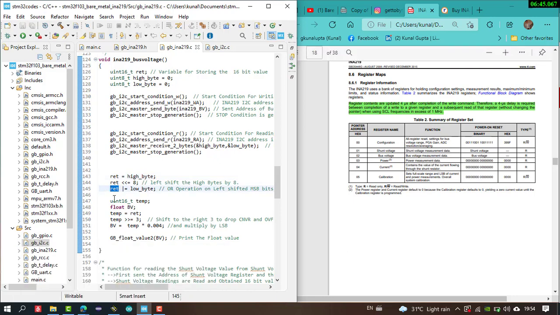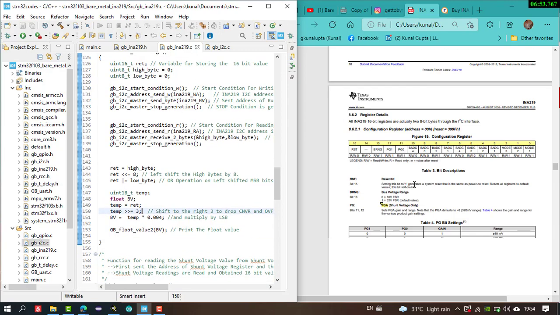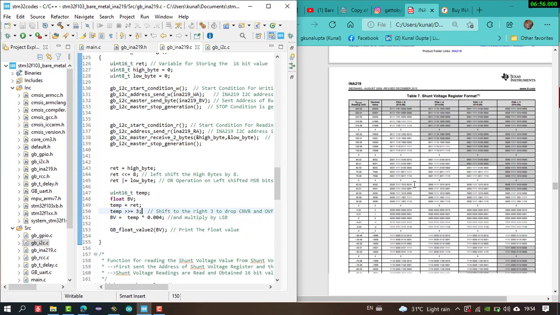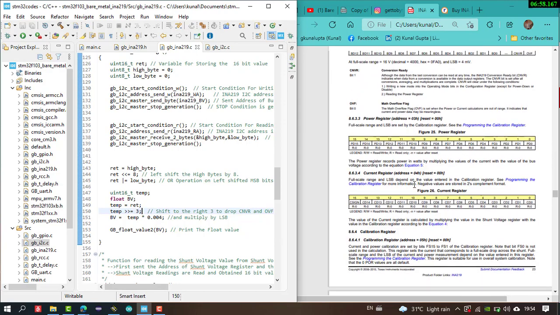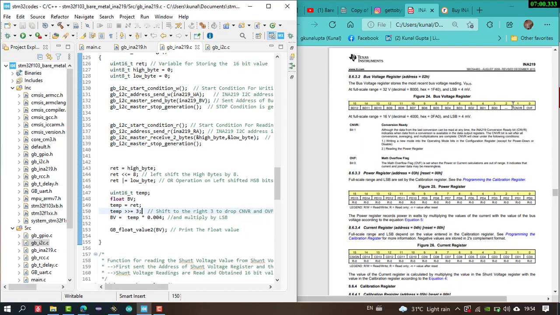Now converting that 16-bit binary value into a float value so that it can be read as the corresponding bus voltage. In the bus voltage register, the first 3 bits are to be ignored, as they are not part of the reading.